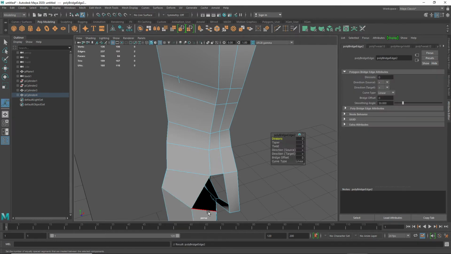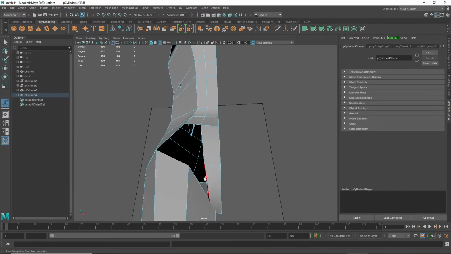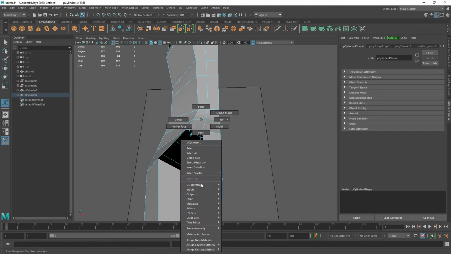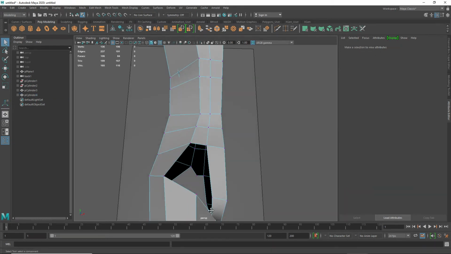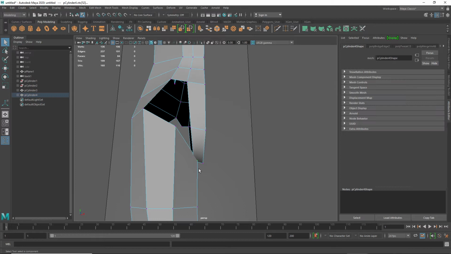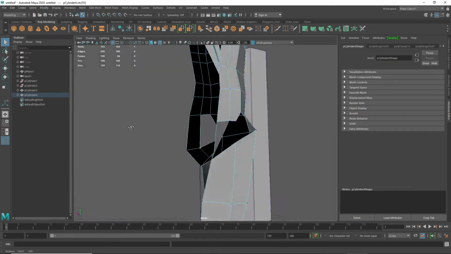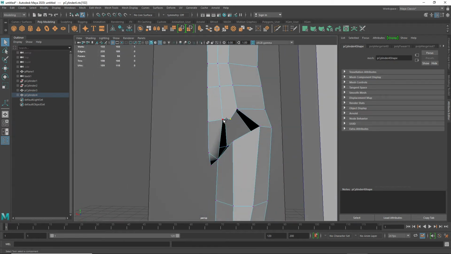Let's bridge that. Go to vertices here, grab these two, merge to the center, merge that to the center, merge that,